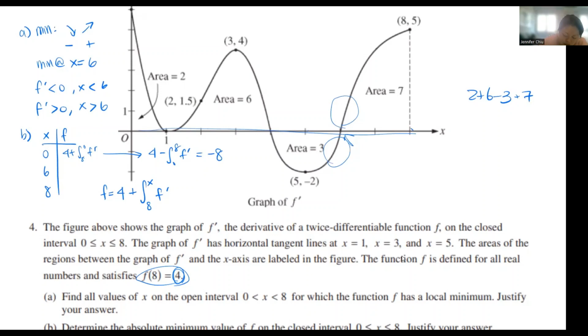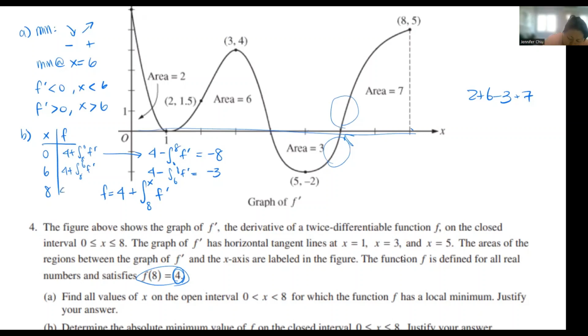6 is going to be 4 plus the integral from 8 to 6 of f prime. So again, because it's the wrong order, it's going to be 4 minus the integral from 6 to 8 of f prime. Well, from 6 to 8 is 7, so 4 minus 7 will give me negative 3. Okay, so far I already know I see one number that's lower than negative 3. So that 6 is not my absolute minimum. Okay, the last one will be